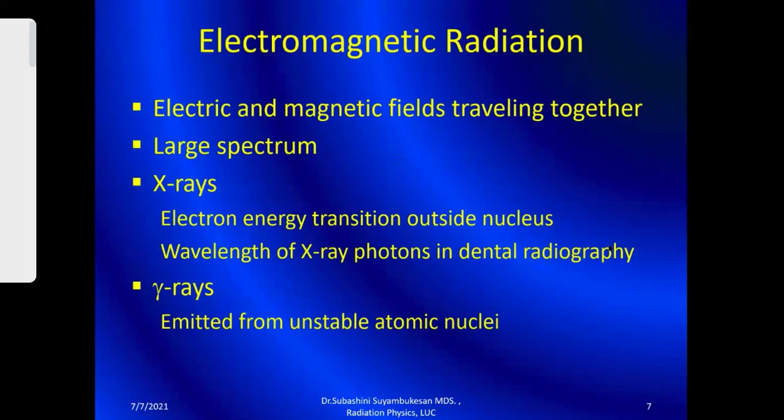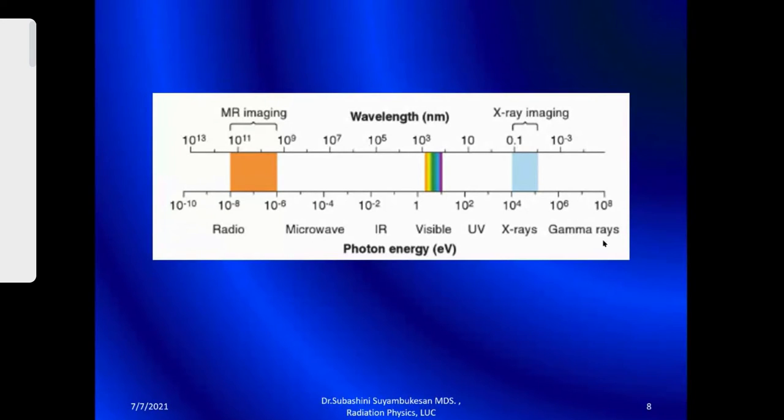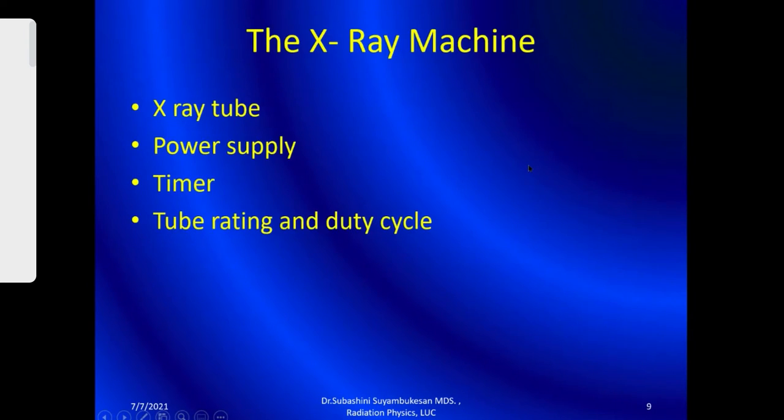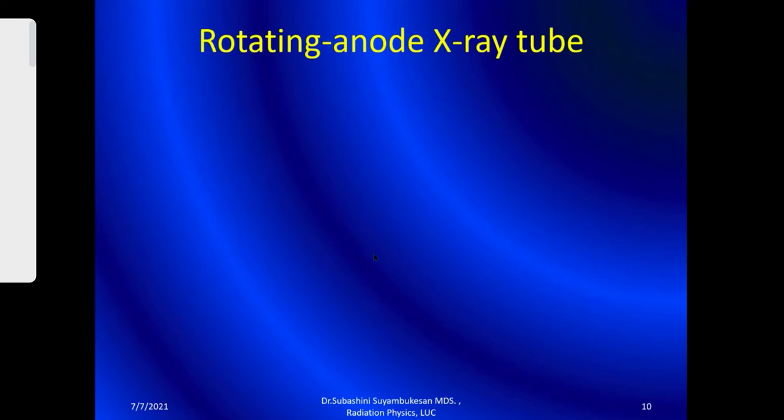Right. So X-ray. This is the spectrum of electromagnetic radiation, wherein the X-ray range for diagnostic imaging is here. For our dental use, we use 70 kVp, the kilovoltage potential of our X-ray. The higher potential is used for CT and medical imaging. So you have to know all these things, including tube rating and duty cycle. Make sure. I want you all to know.